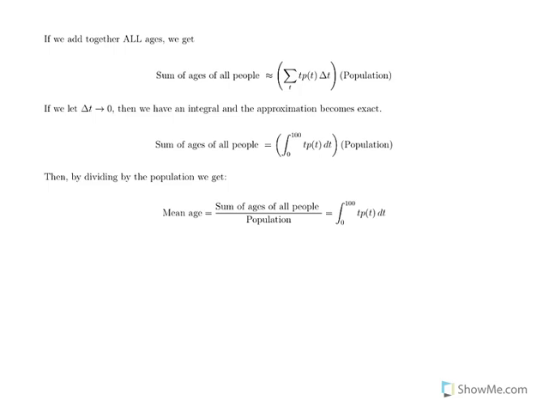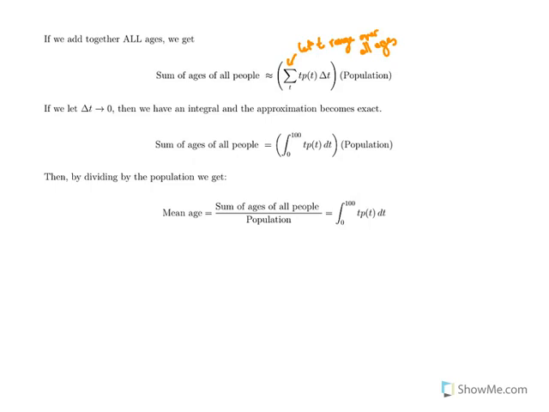So putting this all together, that was the sum of ages of people with a specific age. If we look at the sum of ages of all people, then we are going to add over every age. We're going to let t range over all ages. And I can factor the population out of all of those terms. And when we have a sum like this, we're going to be adding over all ages, we can rewrite that as an integral by letting the difference in the age range, the delta t, go